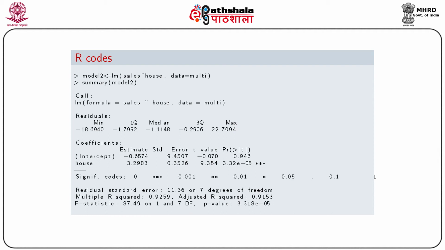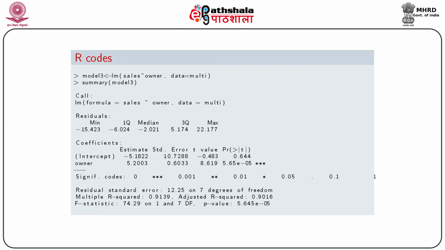Now in this case, it is interesting to note that when we only use house as one of the explanatory variables, then the p-value at level of significance 0.05 is significant, which means the inclusion of house in the model is significant. Next, we only select the second explanatory variable, which is owner, and we fit a regression model of sales on this explanatory variable. And again, we notice a similar pattern here from the estimates of the coefficient as well as their corresponding p-values.